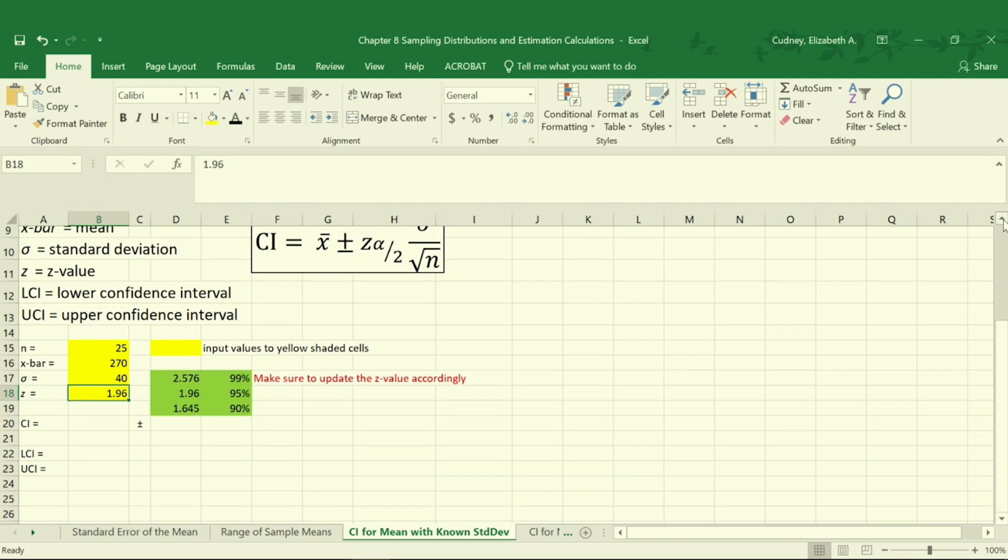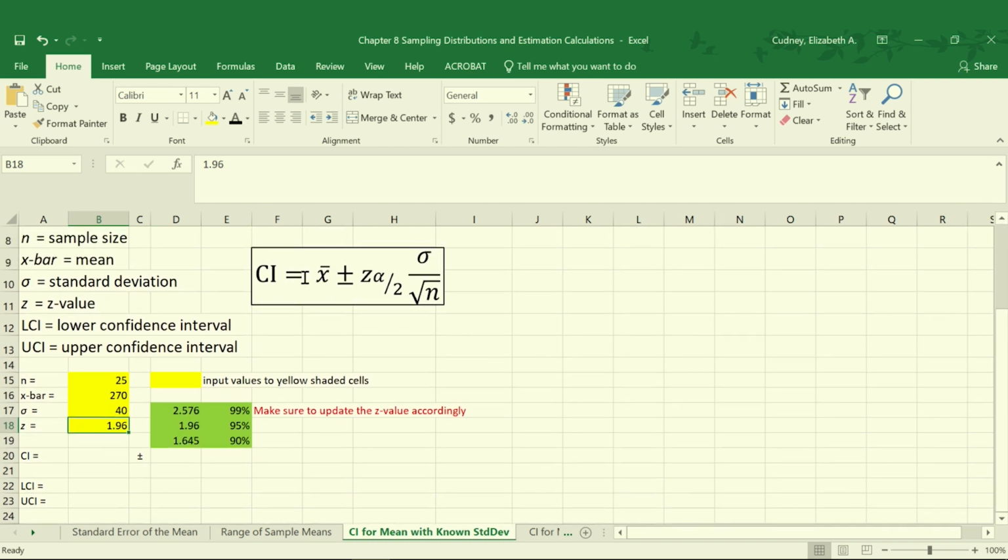As we look at our equation, we're going to start with our x bar portion. And we have our average. It was given to us as 270, and that's in cell B16. The second portion of the calculation then will be calculated as our B18 value, which was our z value of 1.96, multiplied by our standard deviation, which was in cell B17, divided by the square root of our sample size, which was 25, and that's given in cell B15. So our confidence interval is 270 plus or minus